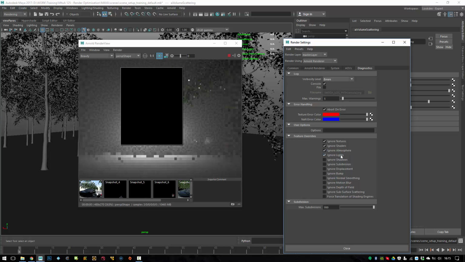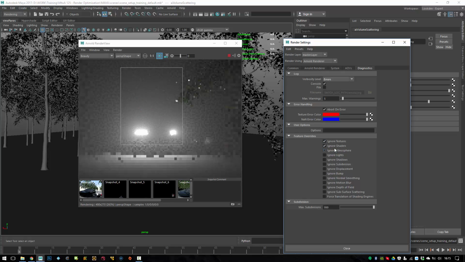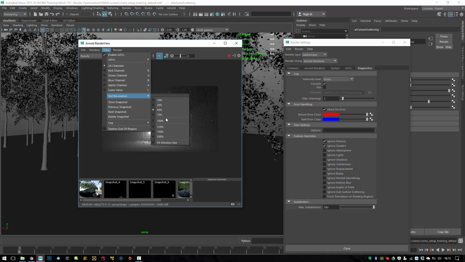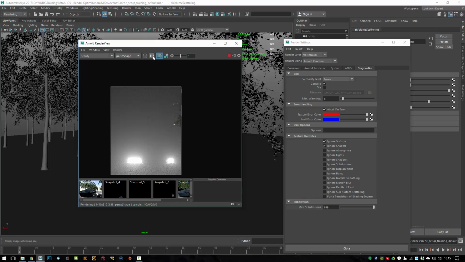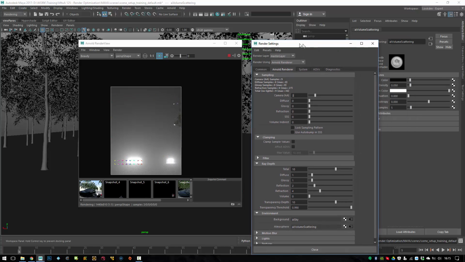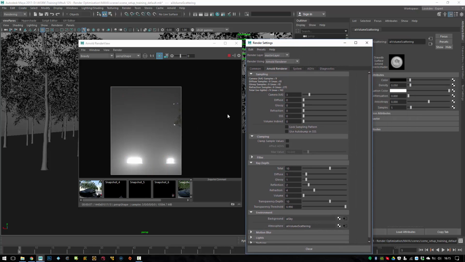So this is now lights. Alright, if you ignore textures and shaders, then you get also a super fast render, and you can see it's very fast now. And if I go up to let's say 150 resolution, you can see it is super clean already with not doing anything. So it might be that you want to make this even faster,